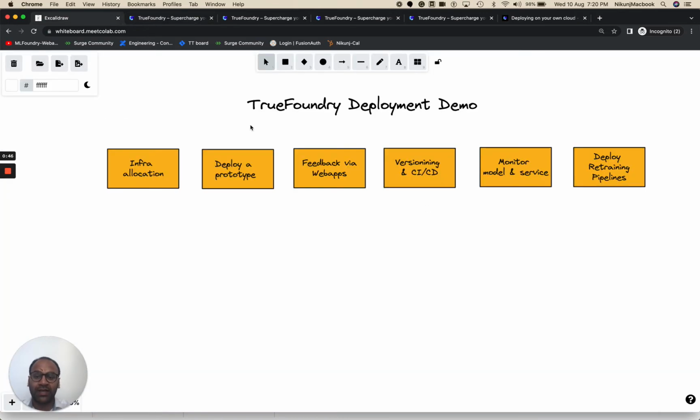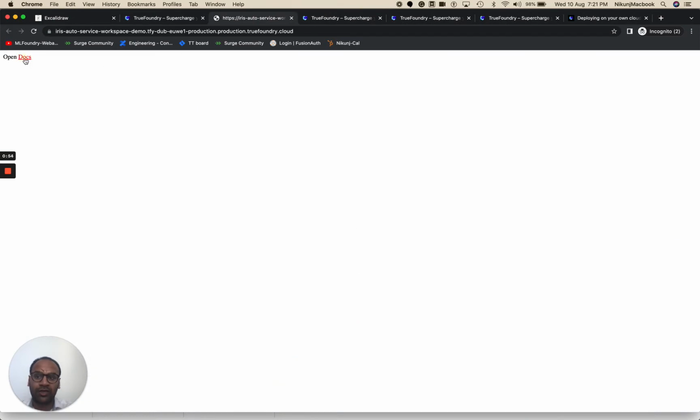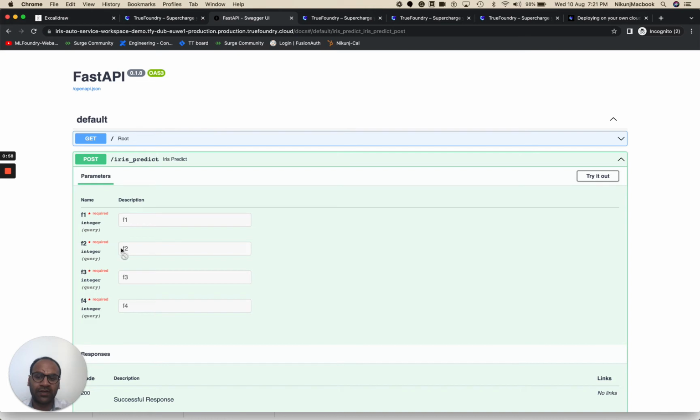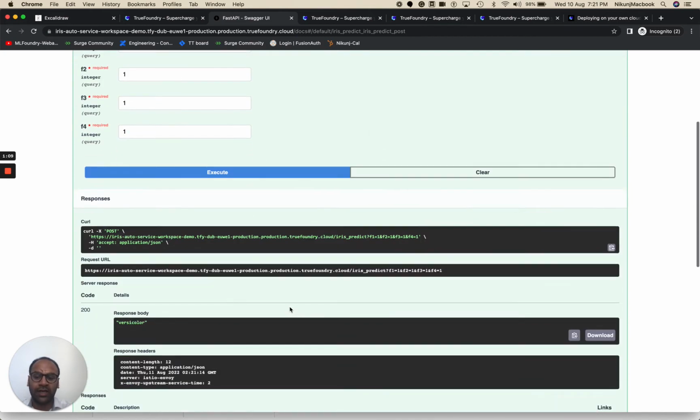Besides this, the next step that they would want to do is deploy a quick prototype. Every prototype is basically a service on TrueFoundry with its own endpoint. In this case, we are showing a FastAPI endpoint where they can expose a model as a service and expose this API endpoint to the production engineer who will integrate their model with the product. And here they can actually try out the model by passing in the inputs and checking what kind of output